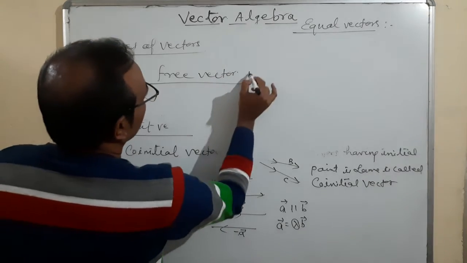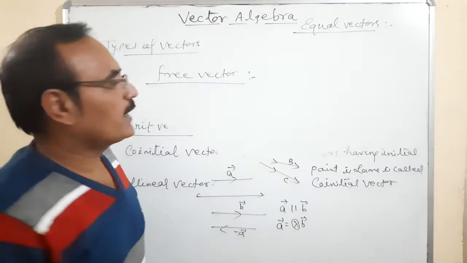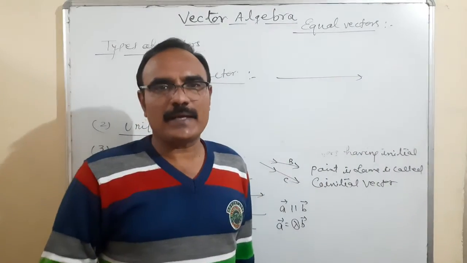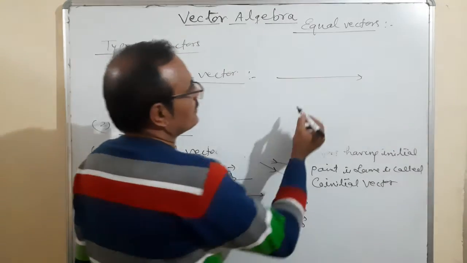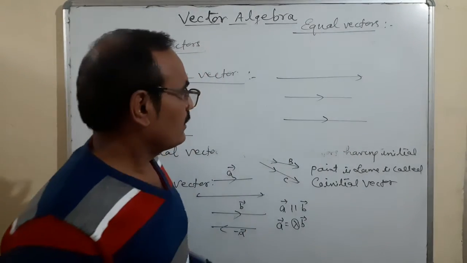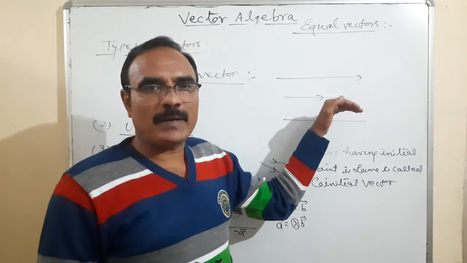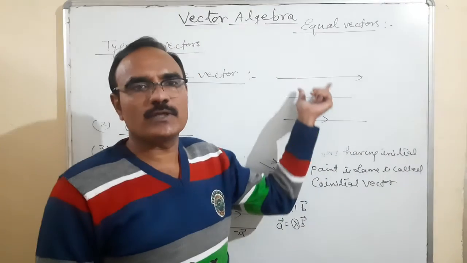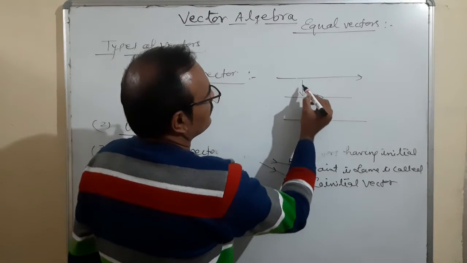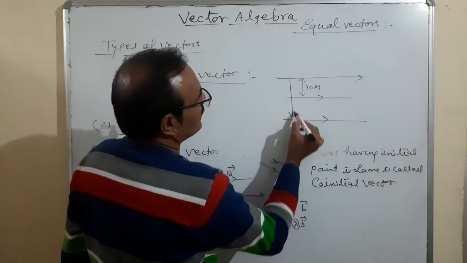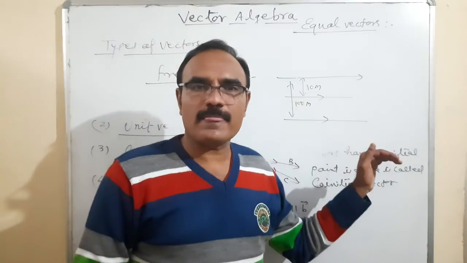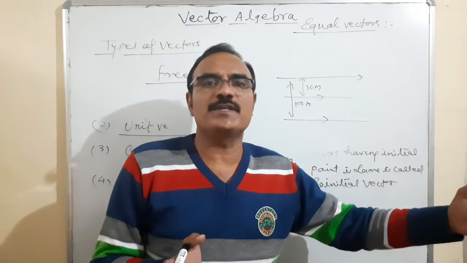In this entire chapter, we have to discuss the free vector. Suppose there is a line in a space and many vectors parallel to that line. Suppose this is a vector. If the vectors are parallel to the line, only the displacement differs. Suppose there is 10 meters, here is 100 meters. It's okay, no problem. Their direction remains the same. Only the displacement will be changed.